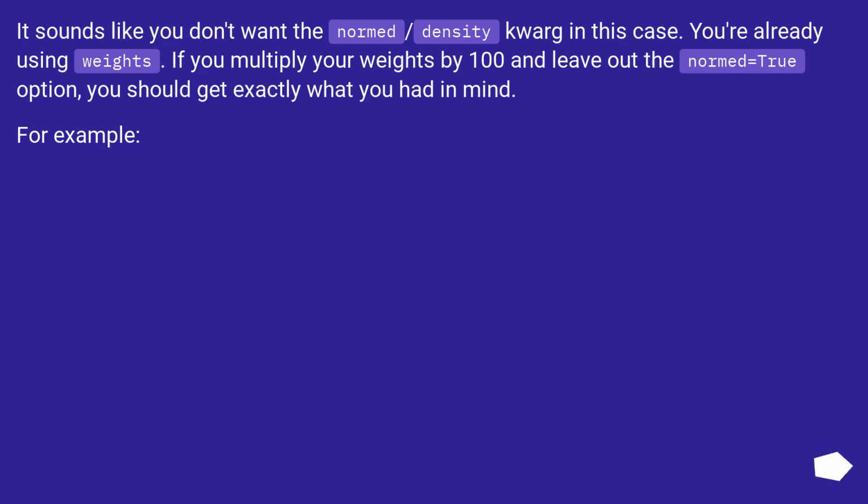It sounds like you don't want the norm/density option in this case. You're already using weights. If you multiply your weights by 100 and leave out the normed equals true option, you should get exactly what you had in mind. For example,